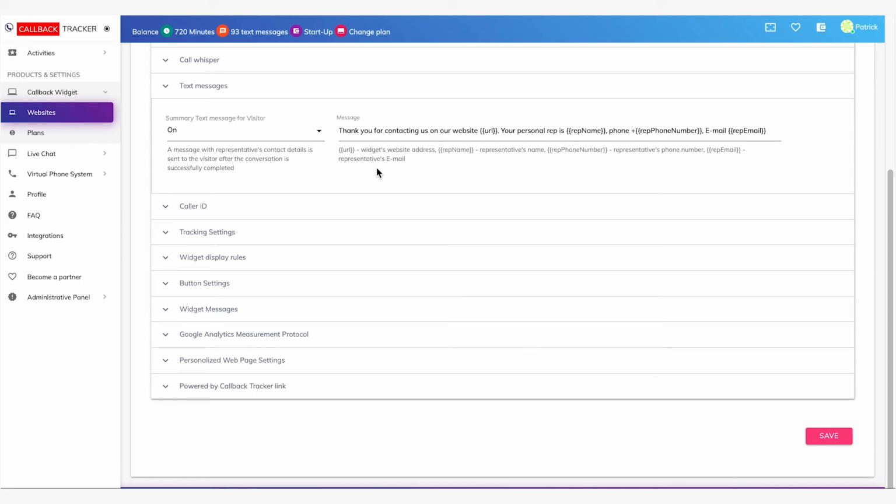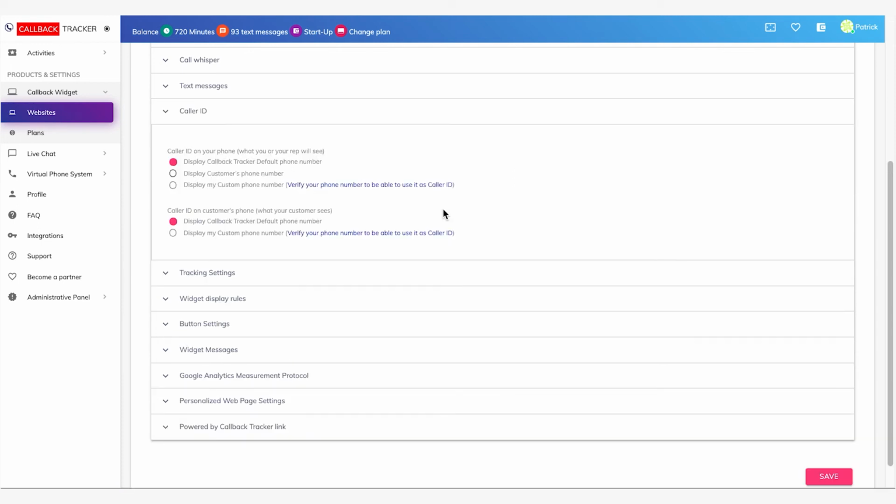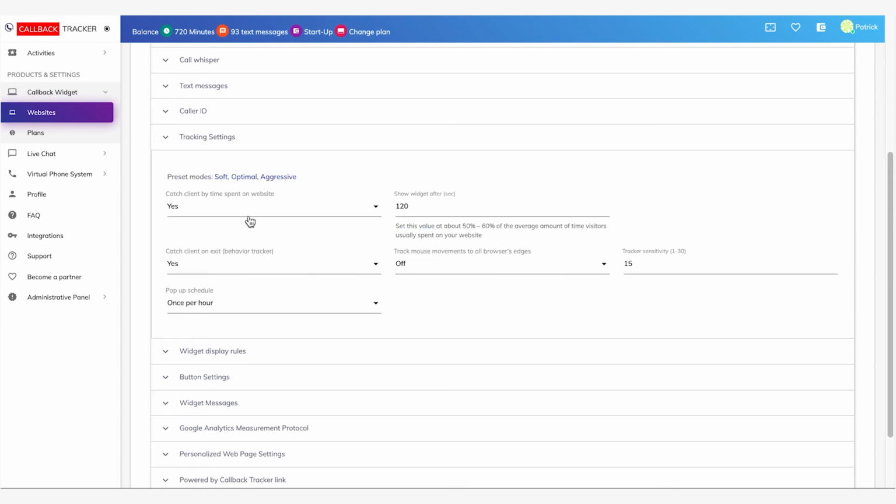If you decide to have text messaging on, what this will do is send almost like a business card to your visitor after the conversation is completed. After that, we'll go into caller ID, and you could choose whether you want to display callback tracker's default number, display the customer's number. After that, we'll go into the settings for tracking, and here you could track how much